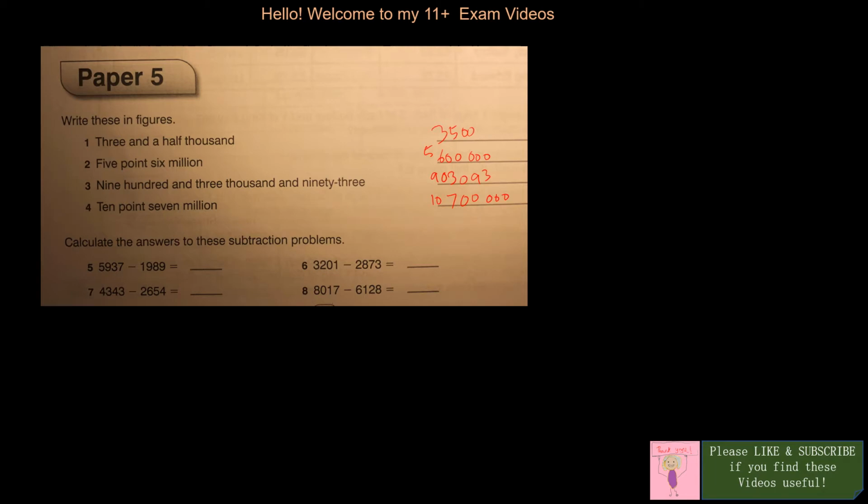then calculate the answers to the subtraction problem. So I have 17, 9, 8 and 9, 17, and then this is 2, so 12, 4 and 8, 12, and then this is 8, 9 plus 9 is 18, and this becomes 4 minus 1 is 3. The next one is